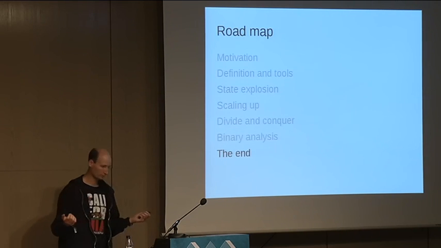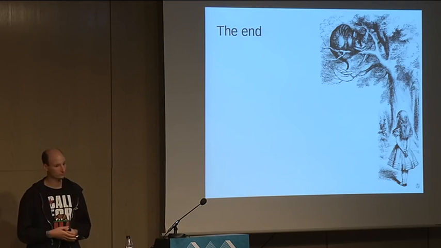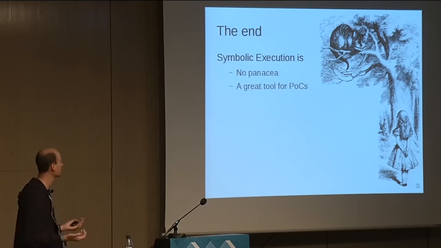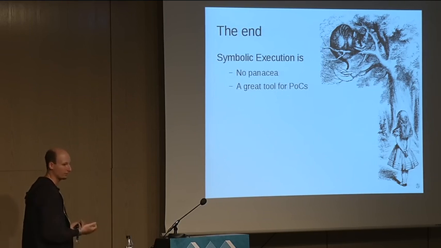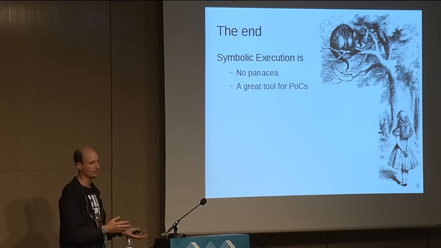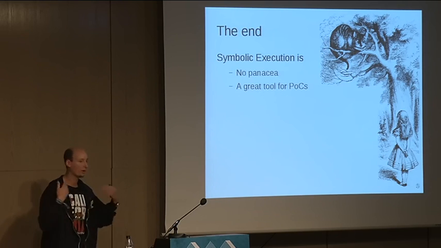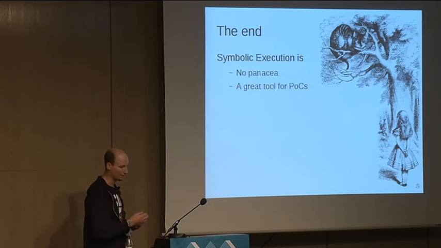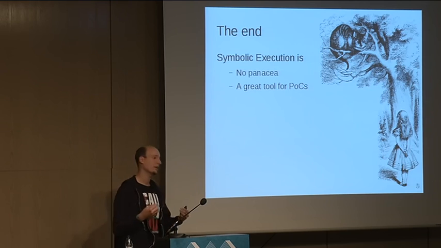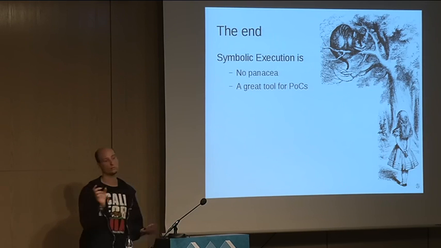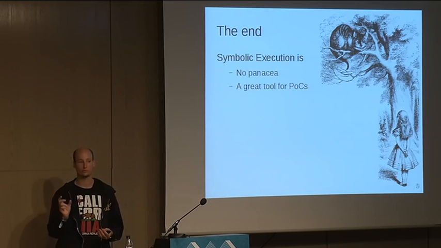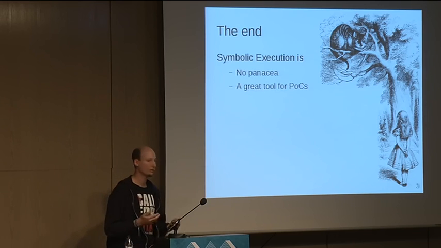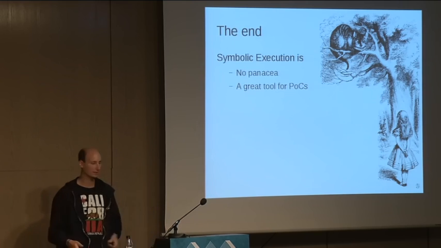So what did I show you? First of all, symbolic execution is no panacea for every problem. You cannot just throw stuff at it and let it solve it. You have to be aware of all the structural differences. And due to all this additional overhead, it doesn't scale that far. But if you look into the individual transformation or the kind of code you're trying to reverse, and you're aware of some graph-based analysis on top of it, then you can actually scale it up to real data structures